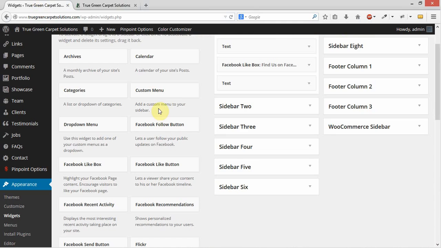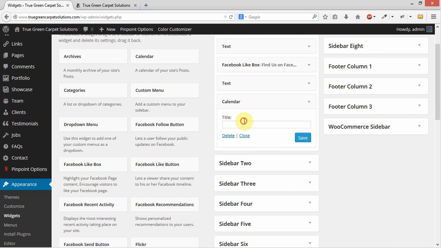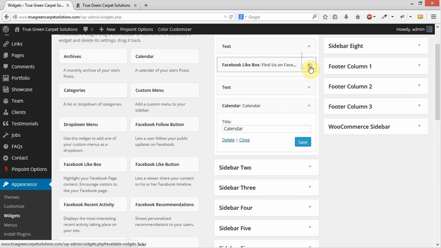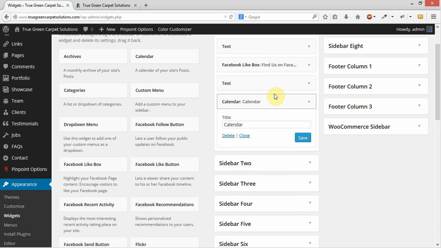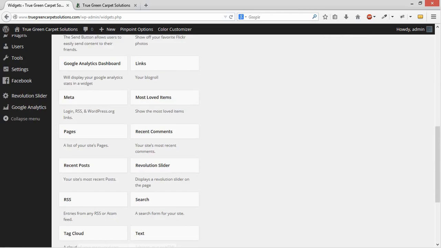Okay. What if I didn't want to do that? What if I put this in here and let's say I named it calendar. I know, very unique name for that. And I'm going to go ahead and click save. Let's say, what if this was a longer widget though? What if this was like a Facebook like box and I put all this information in, such as the URL of the page, and configured it how I wanted it, but I wanted to take that widget out of commission for a while, but I wanted to save everything and be able to bring it back whenever I wanted it. Well, if I delete it or just drag and drop it out of there, then it's gone forever. I can't do anything with it. It's never coming back. But if I grab this and I come all the way down here to the bottom of the page,